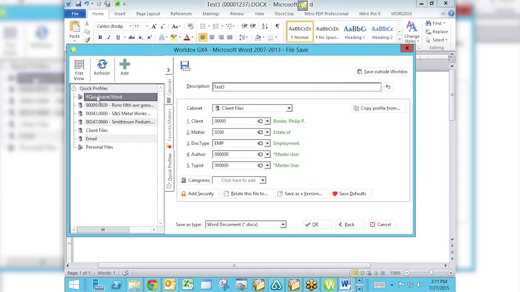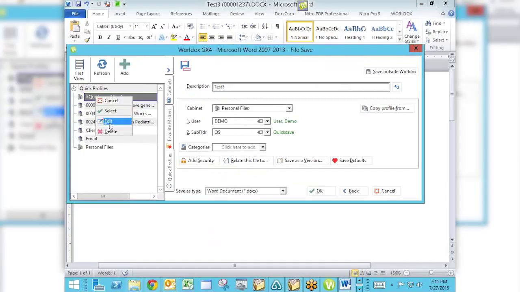Yeah. So if I go into my quick save, you can see that I've got this set up. I'm not sure if I've got it open. Oh, I've got to right click, and I'm going to edit it. So I'm just on my quick save. I already have it on my menu. You would be adding one, and we would be naming it how we need to, but I'm going to edit